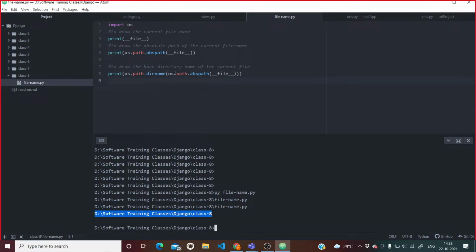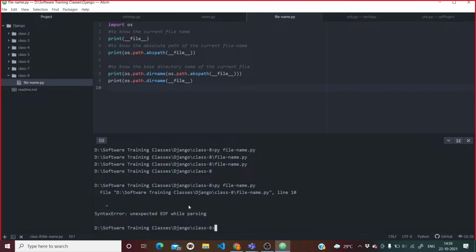So instead of using os.path.abspath, nowadays you can simply, okay, it's not copying, so I will say copy, and here I will paste it. No need to use abs, directly I can say dunder file. So if I write here and now run, it should give the same thing. But see, it is giving some error. What error is it giving?